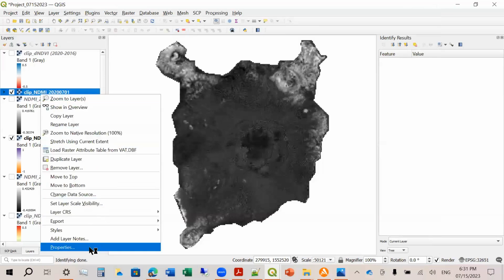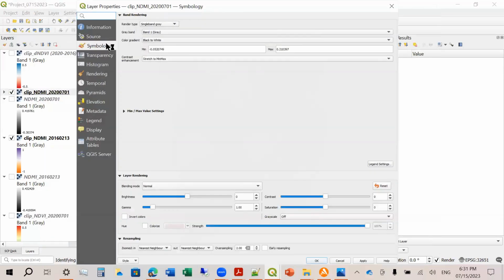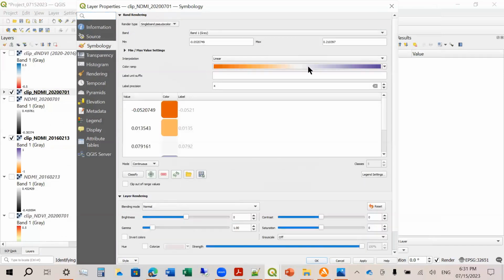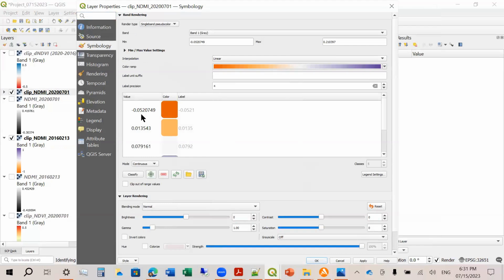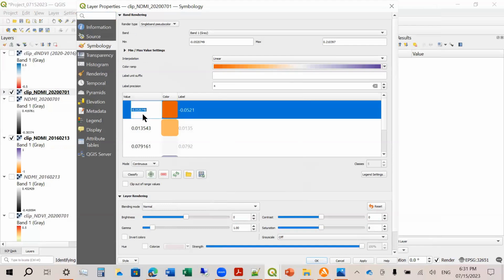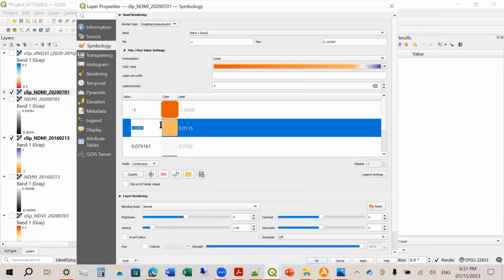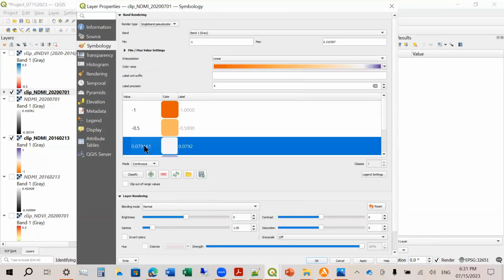Okay, and then properties, symbology, single band to the color. Okay, we have the same orange purple. And then this is -1. This is -0.5.